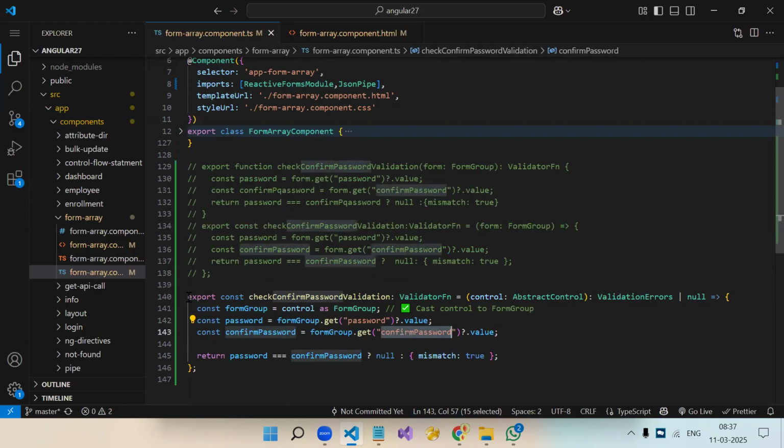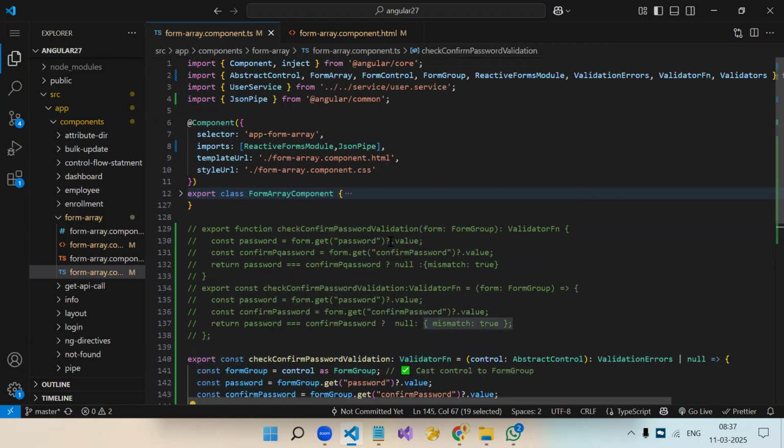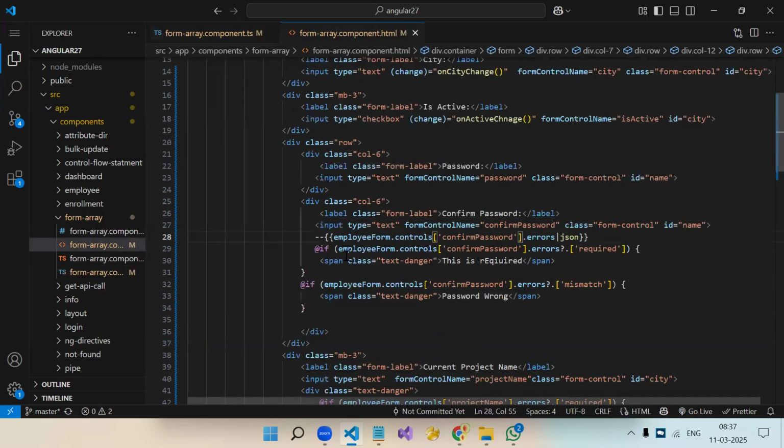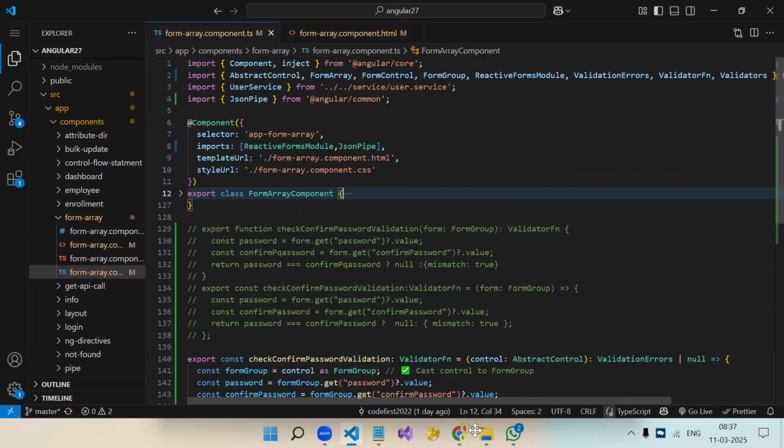राइट, हमने ये फंक्शन लिखा, ये रिटर्न भी किया, लेकिन अपन ने कंट्रोल तो बताया नहीं। तो ये फॉर्म लेवल पे जा रहा है कि क्या है? फॉर्म लेवल का प्रिंट करके देखते हैं, employee form dot errors, क्योंकि स्पेसिफिक कंट्रोल हमने बताया नहीं वहां पे कि कौन से कंट्रोल का एरर है। चेक करते हैं अभी।